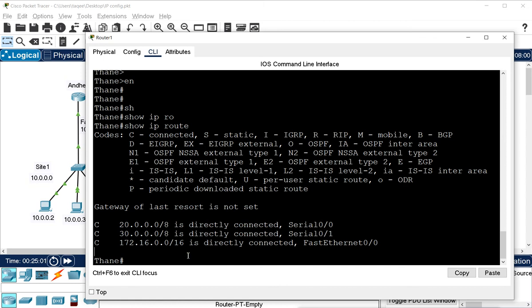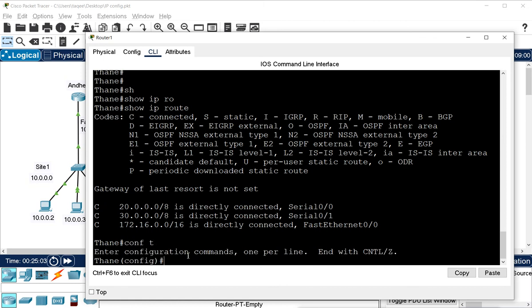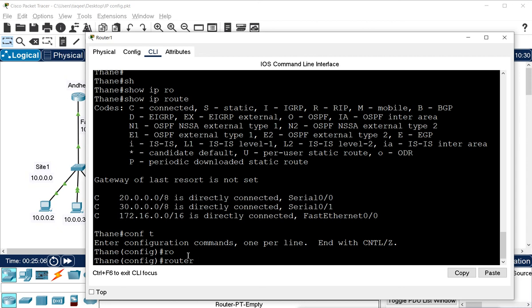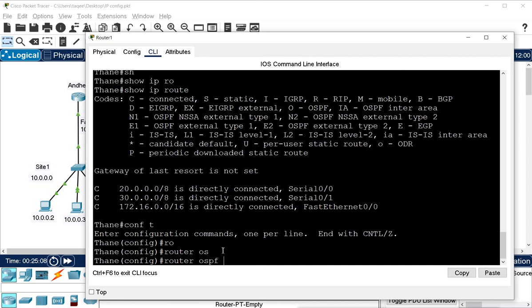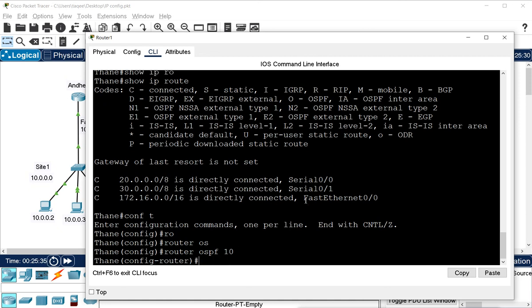Okay, so we'll go to config mode again, and then we'll use router ospf. Now again we have to give the process ID, and remember it is not necessary that we use the same process ID on all the routers. It is only locally significant. But I am going to use the same because I don't want to have more confusion here. If you have different and complex process IDs here and there, then you may get confused. So I will use the same process ID on all routers for the same routing.